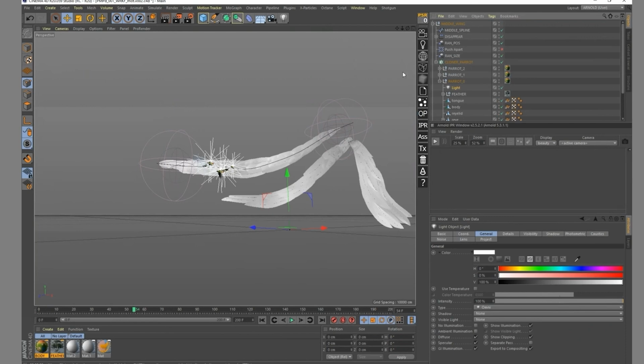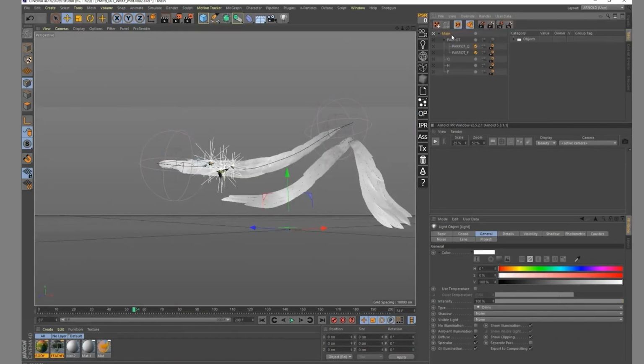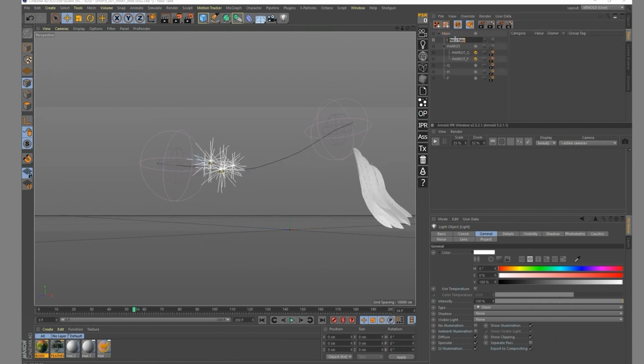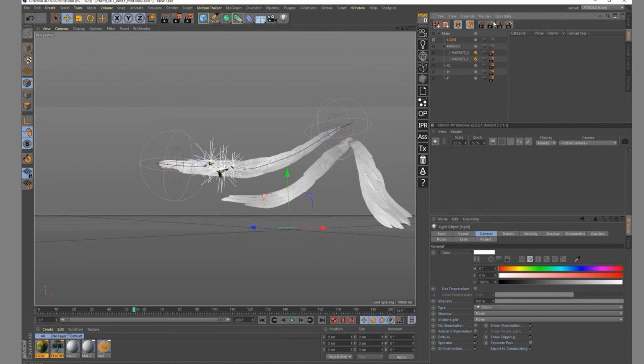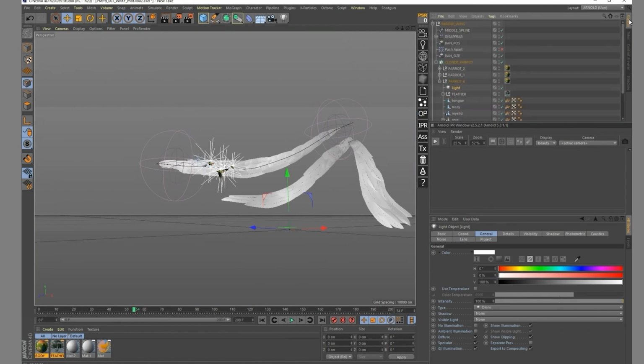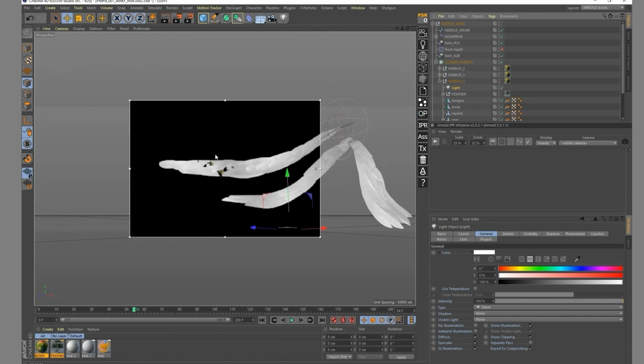So right now, all my parrots have a light inside of them, which is kind of poetic. And I'm gonna just do a new child take. That's gonna be light. I'm gonna work with it. The auto take is still activated, so I can just go there. I'm pushing Alt R to see an interactive viewport of the standard render. And what I want is to be able to see the lights, but not the parrots.